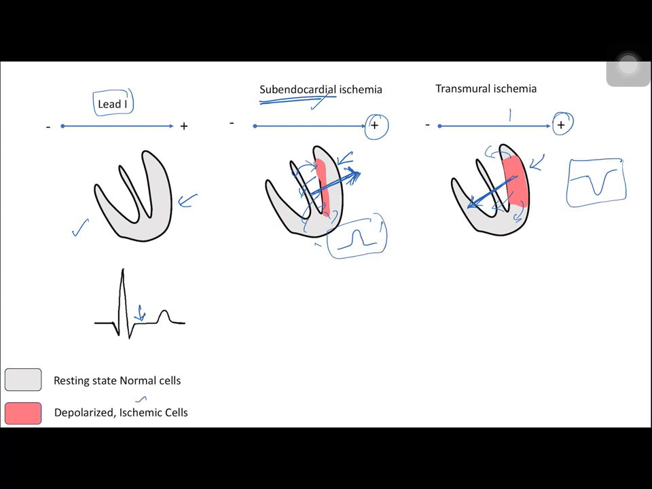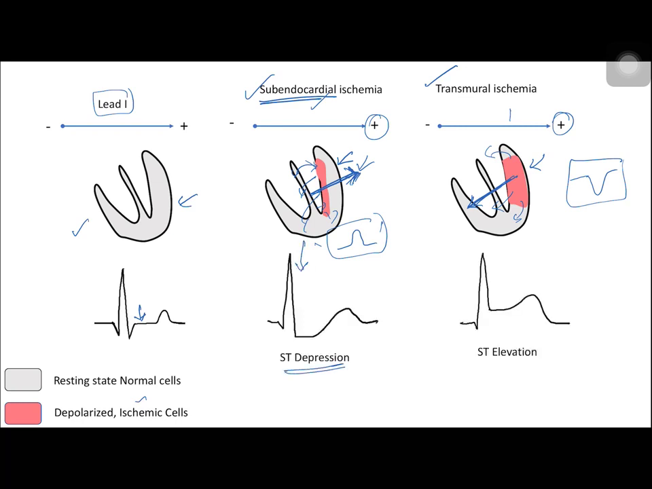They are producing a different injury current deflection, positive and negative. This is mainly because the vector is different. One is a subendocardium only and the other is a transmural. Though both are ischemia, they are producing a different change. So in subendocardial ischemia, there is going to be ST depression, and in transmural ischemia, there is going to